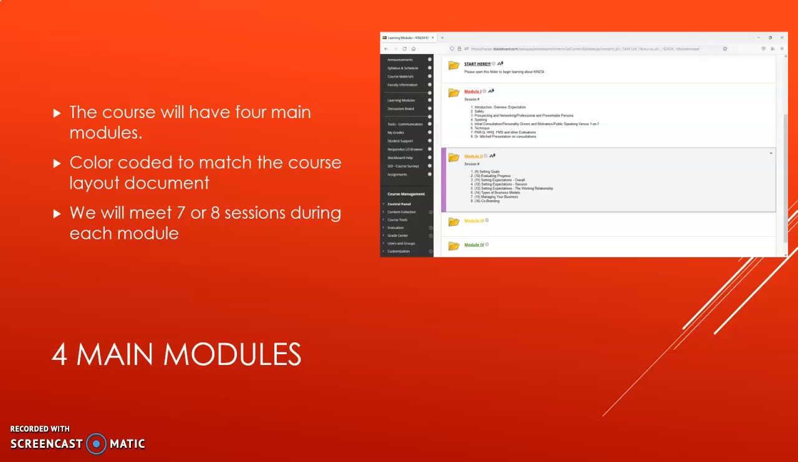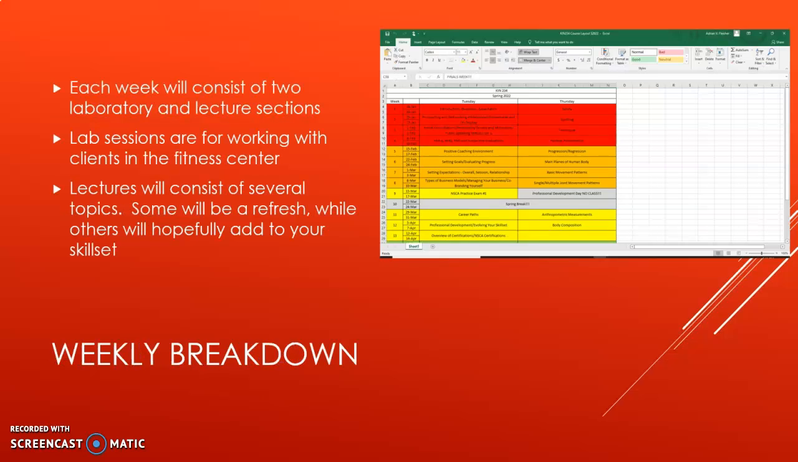Depends on spring break, depends on a reading day I think we have off. But as we progress through, you can fully expect 7 or 8 sessions. And each module is broken down into 2 basically laboratory sessions and 2 lecture sections each week. You have a Tuesday and a Thursday. So on Tuesdays in the laboratory, you are working in the fitness center with your clients, one-on-one. And when we get to the lecture component, we'll be going over any one of these topics